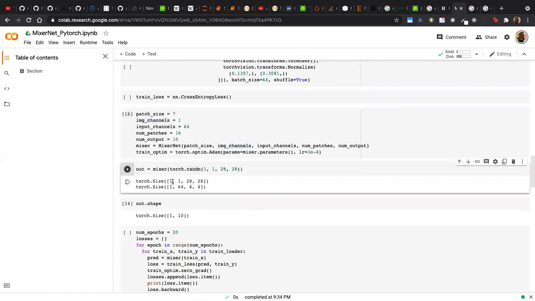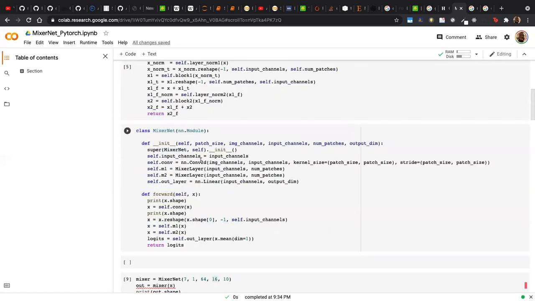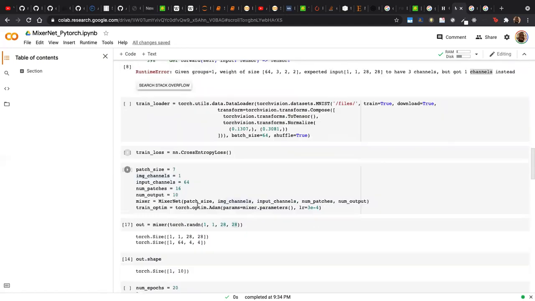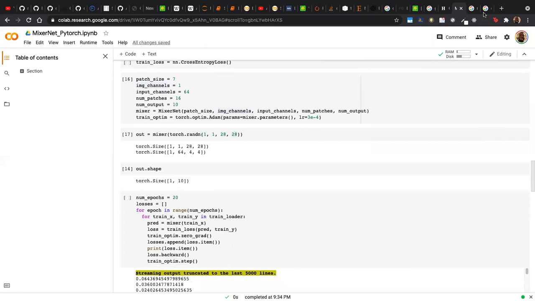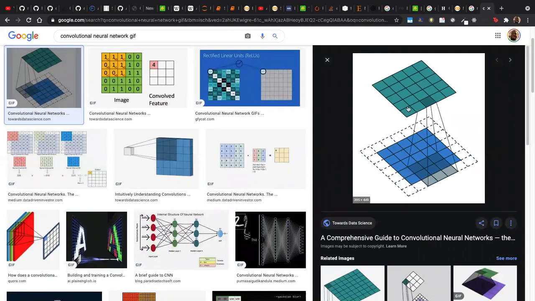So basically, this goes in. It's just basically what this is saying. This is one image. The image has one image channel. So usually an image has like 3 image channels, red, green, blue. But since it's a black and white image, it's going to use one image channel, and it's a 28 by 28 image. So that's what goes into the first layer here, which is a convolutional layer. And that, as I said, is going to basically use these sliding windows. So there's going to be 64 of these. So you're going to use 64 of these to produce